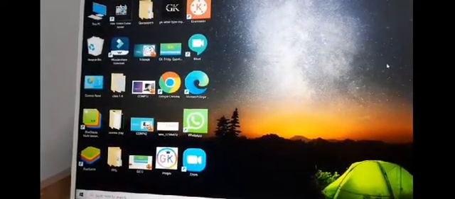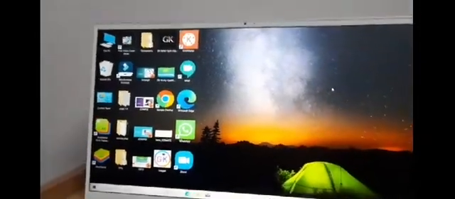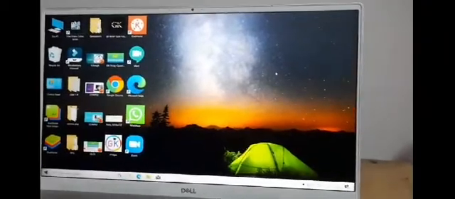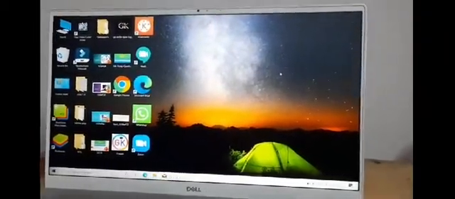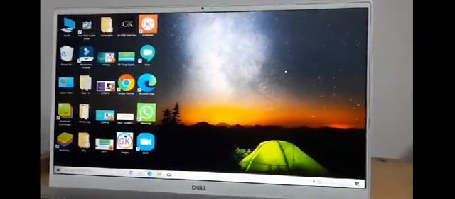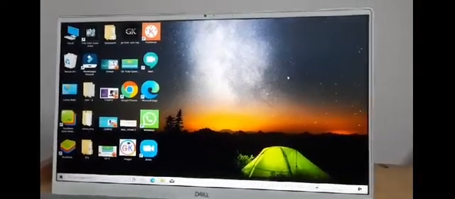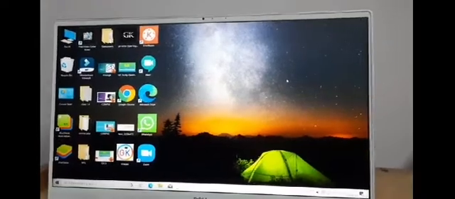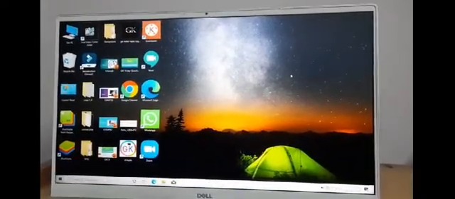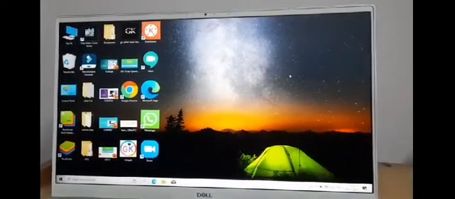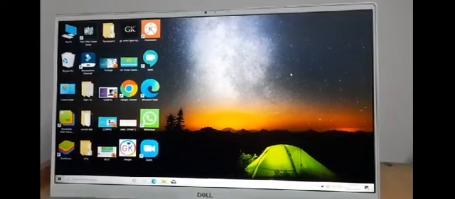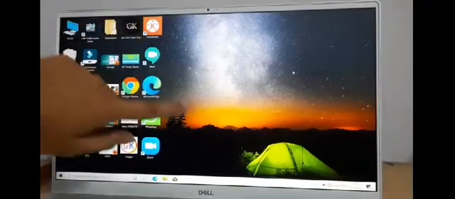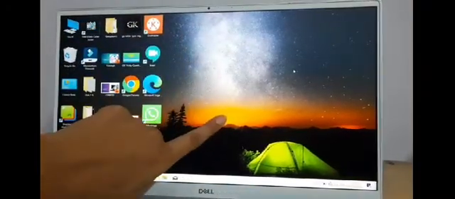So far we are done with selecting and deselecting an icon, moving an icon, opening a program, arranging the desktop icon, sorting the icons. Now 2 more things are there on the desktop which you can do. One is, how can you set the background? I guess you all are aware of this, because on mobile you keep on changing your backgrounds. Now you can see my background is this.